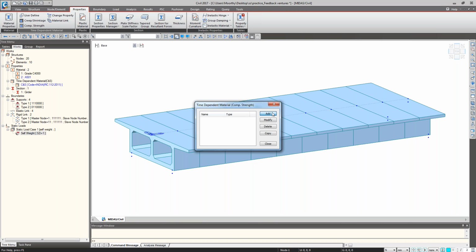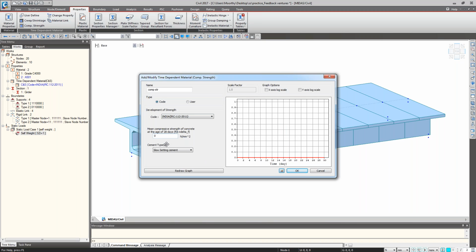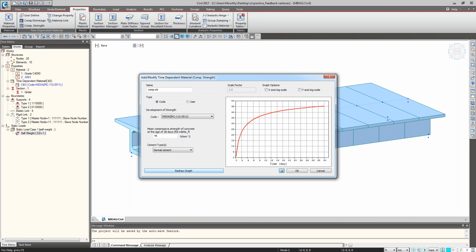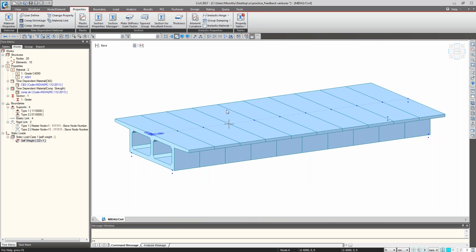Compressive strength, add, giving the name. And again, the code selected is IRC 112. This is fck plus delta f. So I am entering 45 Newton per mm square for a normal cement. This is the compressive strength variation graph. Click OK. So these two properties we have defined, and then as you are seeing in the tree menu,